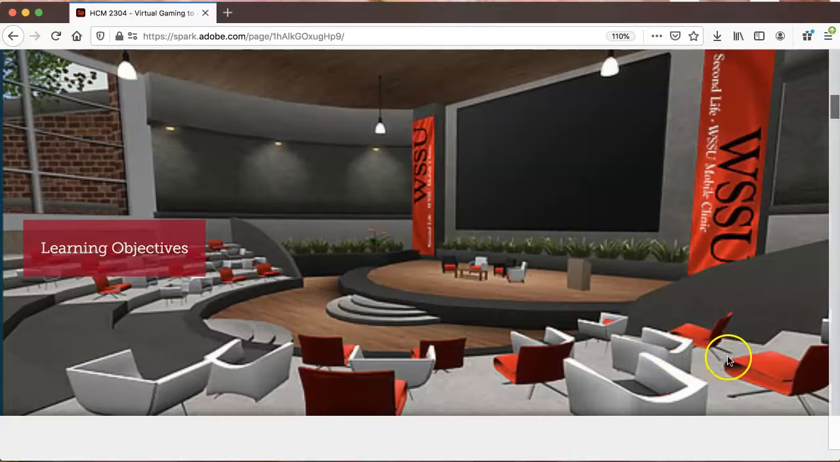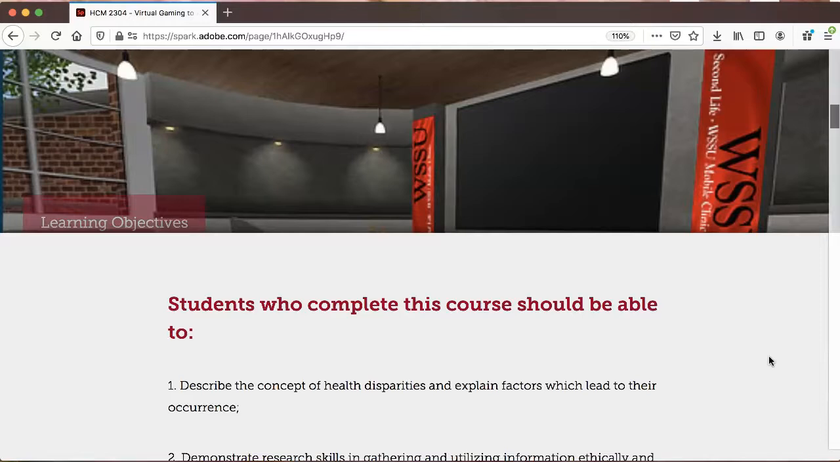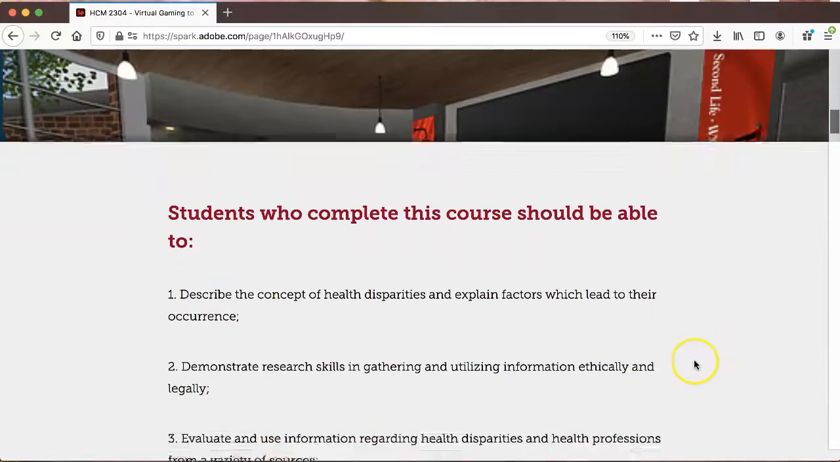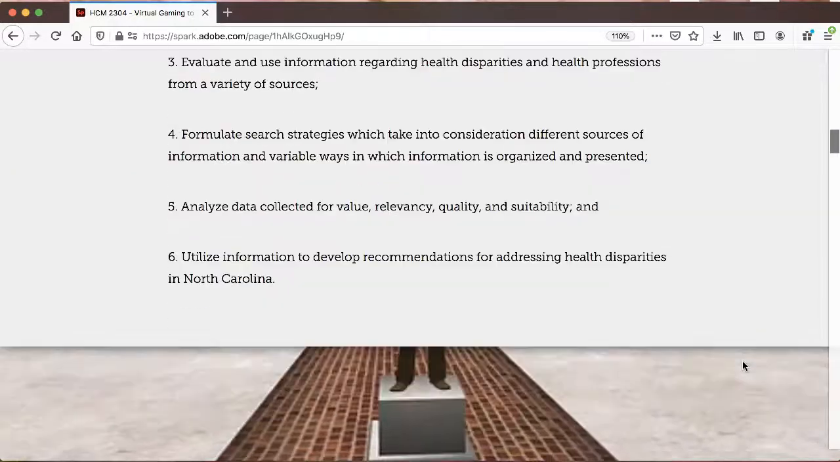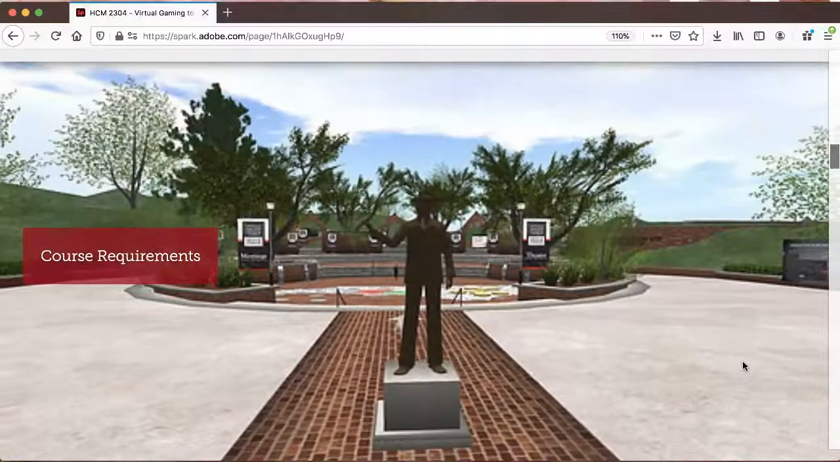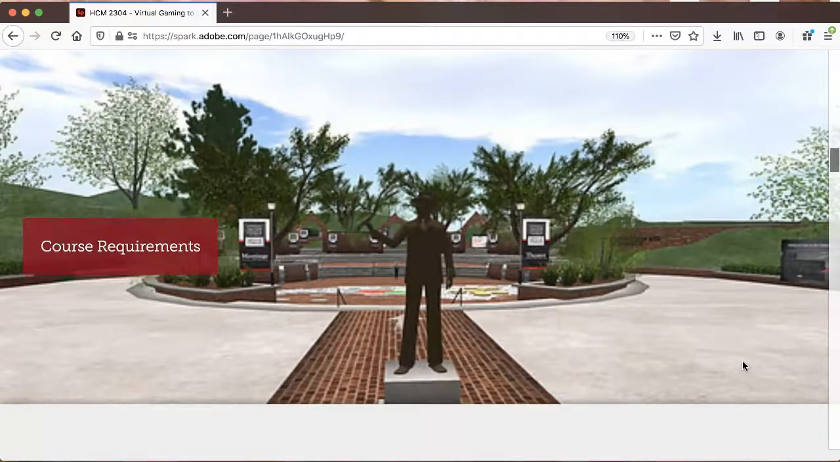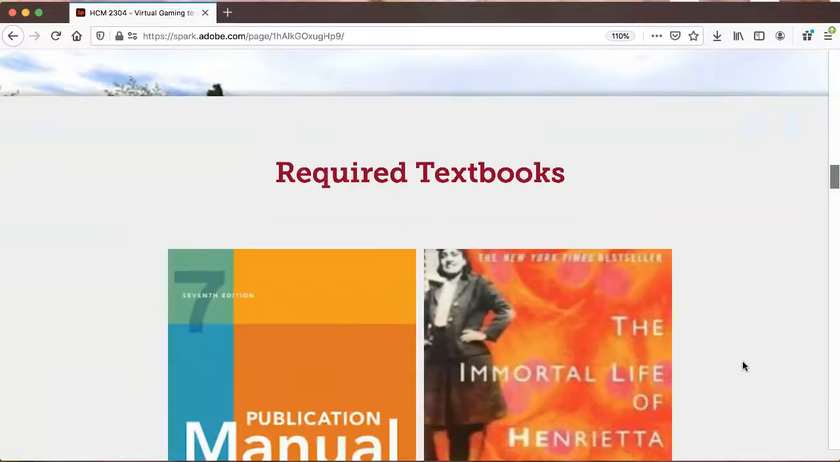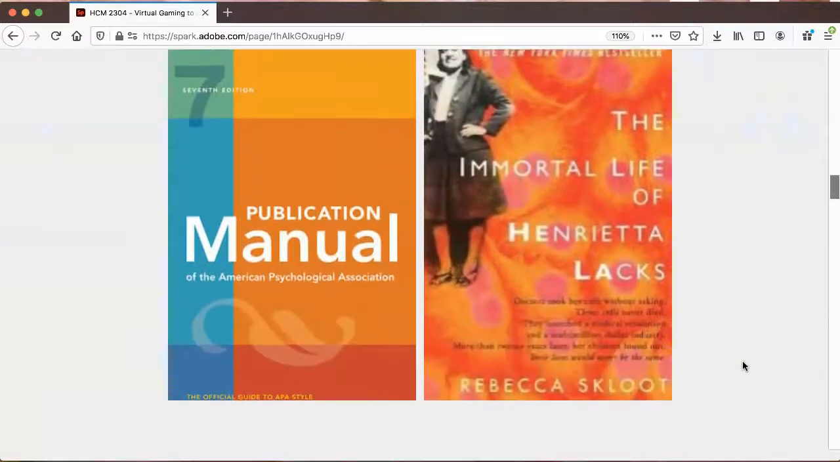This is the space. It was our classroom in an auditorium, and the learning objects are provided here. So I'm not going to read them. I'm just going to scroll through the presentation. Here are the course requirements and the required textbooks,